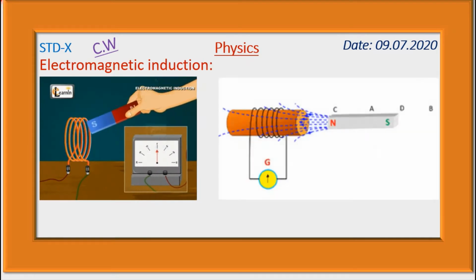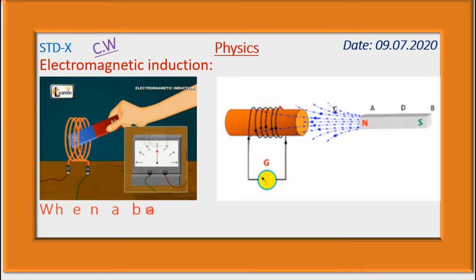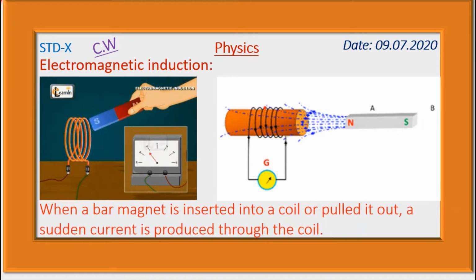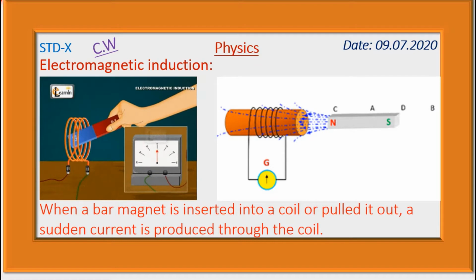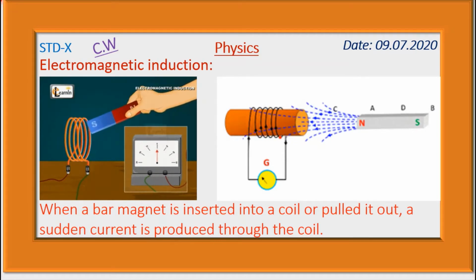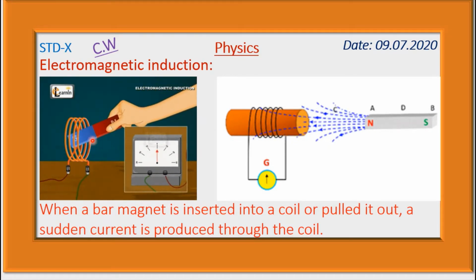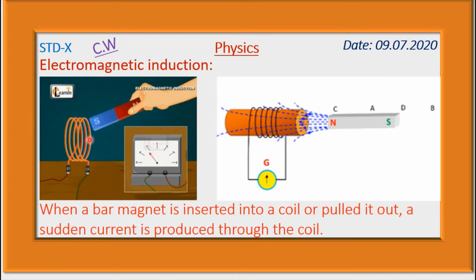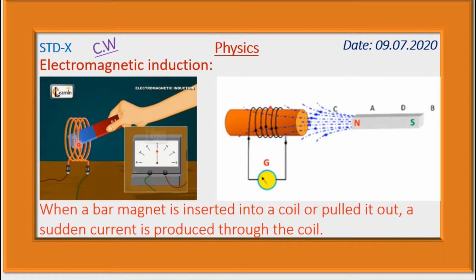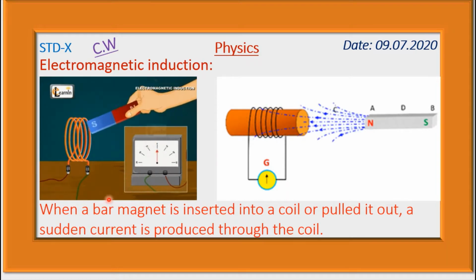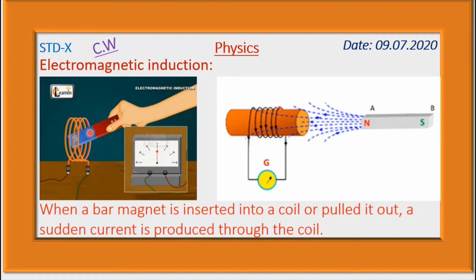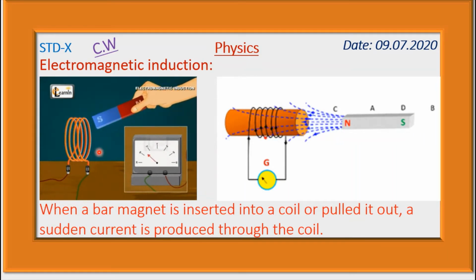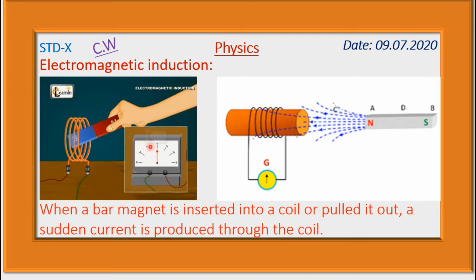Look at the picture. Here another picture. When a bar magnet is inserted into a coil or pulled out, a sudden current is produced through the coil. In the first picture, if a bar magnet is inserted into the coil or pulled out from this coil, in both cases a current is produced through this coil. And this current is determined by the galvanometer